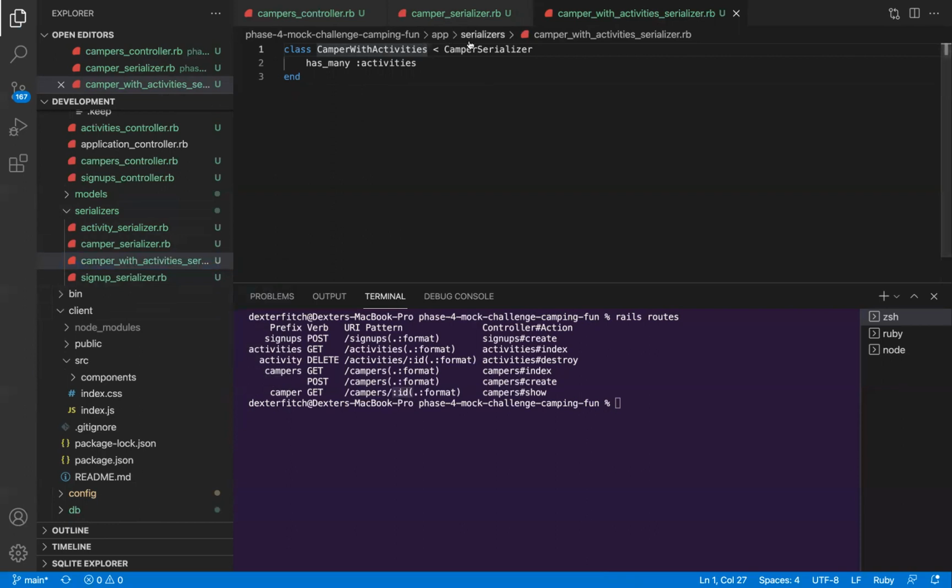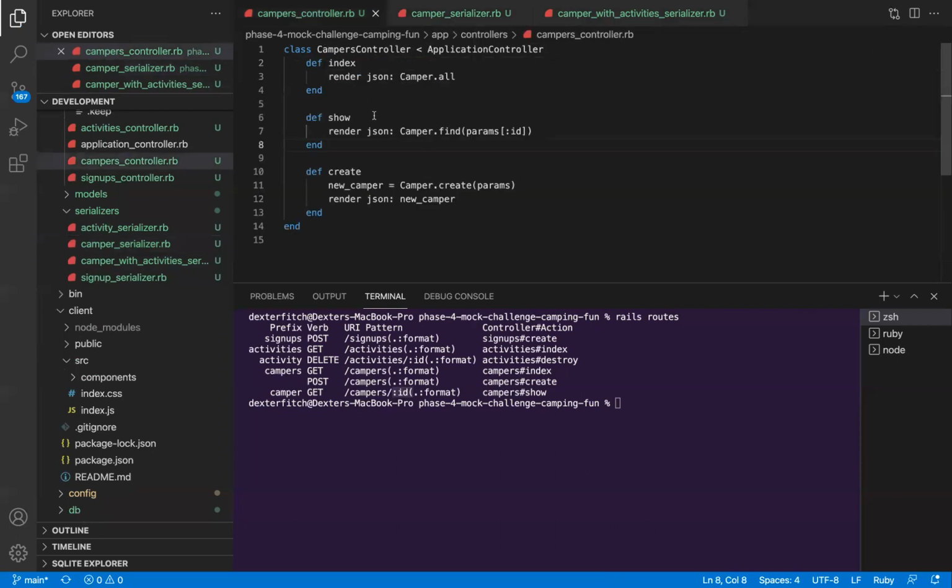And let me rename this as well. All right, camper with activities serializer, saying they have many activities. We're importing from the camper serializer, where the attributes that we're interested in listing out for the camper have been identified here. Okay, so in our controller now, we want to, let's see,